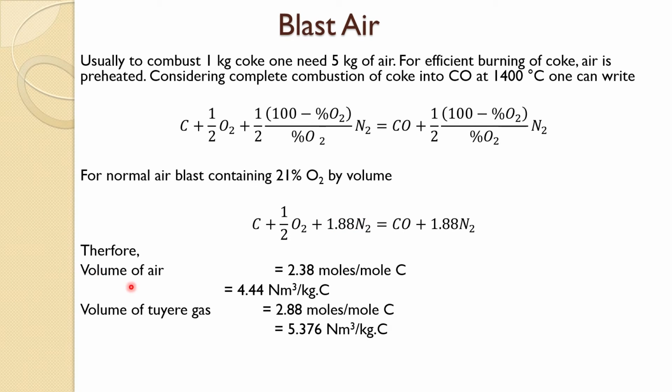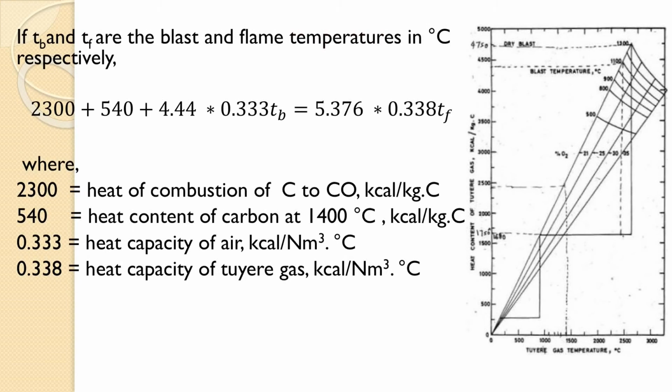This gives a volume of about 4.44 normal meter cube per kg of carbon, and the tear gas volume comes to this. So, volume also reduces in that way, and this tells you how you can get the flame temperature